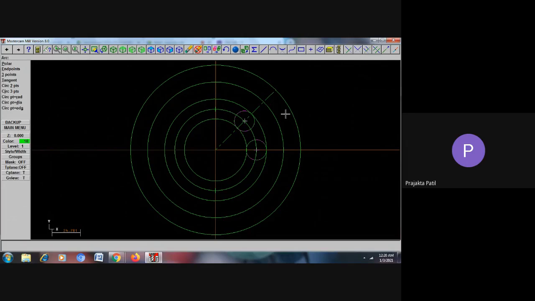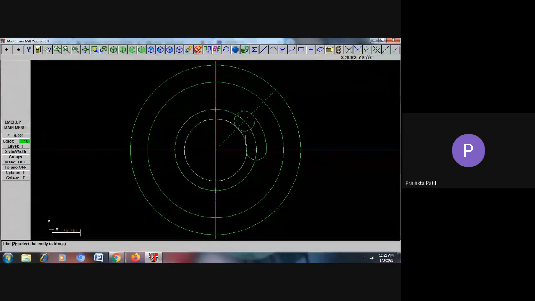Next, now I will trim off the region that I do not need here. So main menu, go to modify and say trim. I'll select two entities. So what I want, I'm going to choose that first. What I want to keep back. So this is one and this is second. Okay, so it has cut the extra part. I am still in the trim option. I'm choosing the two entities once again. I want this, I want this part. So it has trimmed it. Also, I want this, I want this. So it has trimmed off the extra part.